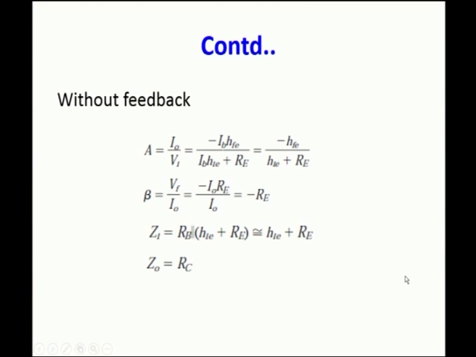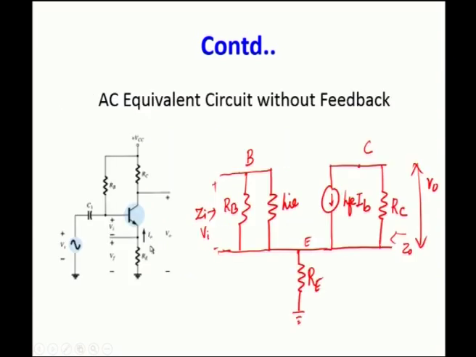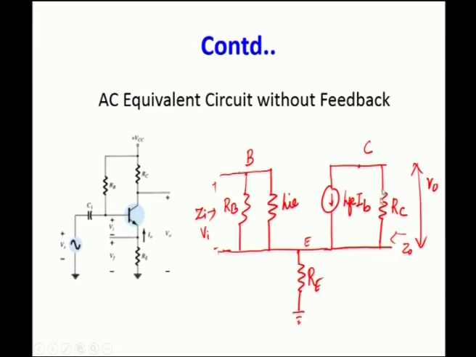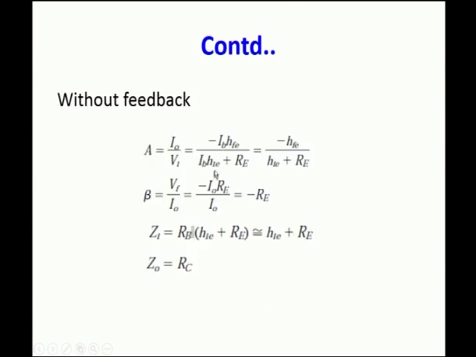So, without feedback, the gain of the amplifier is output current by input voltage. As I said, the voltage proportional to the output current is seen at its input, but we have to take the parameter as the output current. So, I0 by Vi is equal to, what is I0? I0 is the current flowing at the collector terminal. So, it is minus hfe IB. Okay. So, it is minus hfe IB by